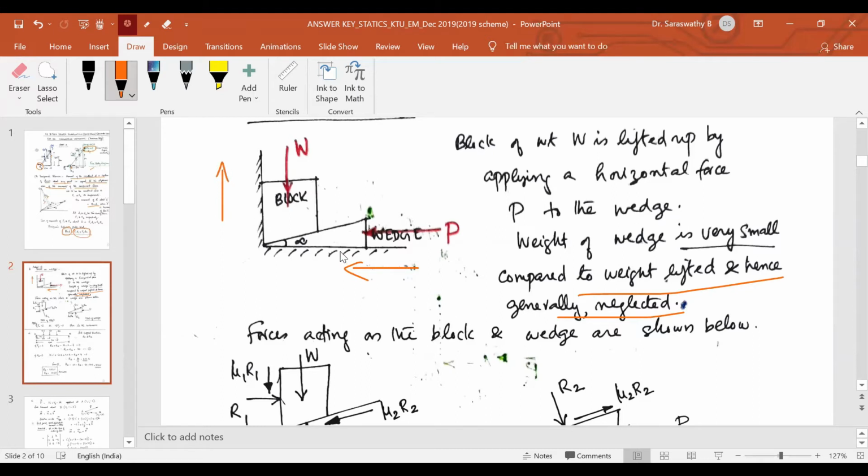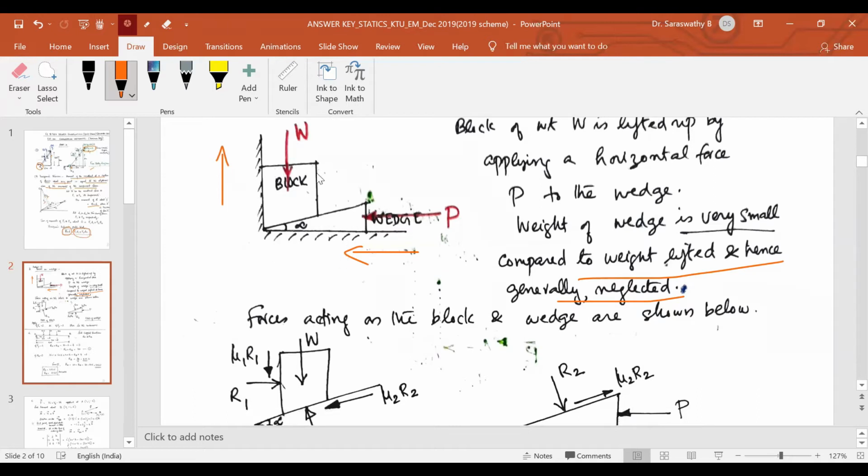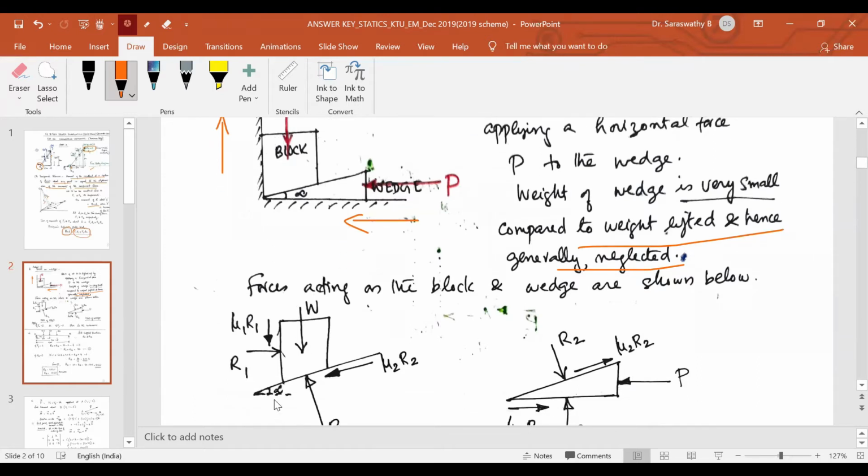If this is clear to you, we can draw the free body diagram. Consider this block. I have shown it. It is resting on this inclined plane. So this vertical wall, it is resting against this vertical wall. So there will be a normal reaction in this direction, perpendicular to the wall, R1. Self-weight W acting through the center. Since this block is moving up, the frictional force mu R1 will be acting downwards. So first mark W, normal reaction perpendicular to the vertical wall, and the frictional force acting downward.